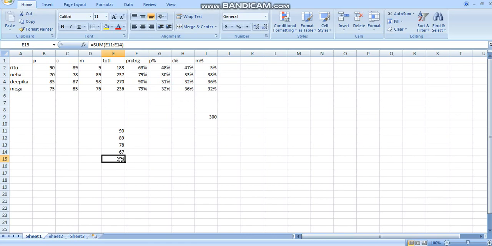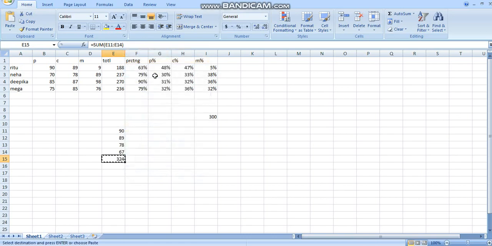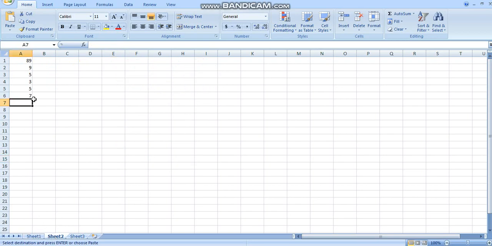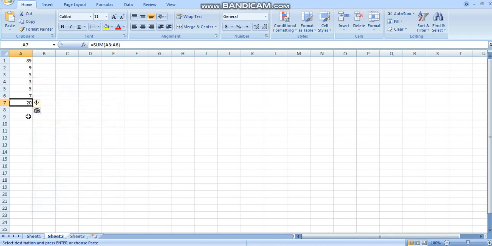Here it is 324, it is a formula. I'll copy this, move to sheet 2, and paste here. Right click, go to the paste option. Only the formula got copied: sum of A3 to A6, the range is A3 to A6. It means we can copy the formula from sheet 1 and paste it to sheet 2 also.